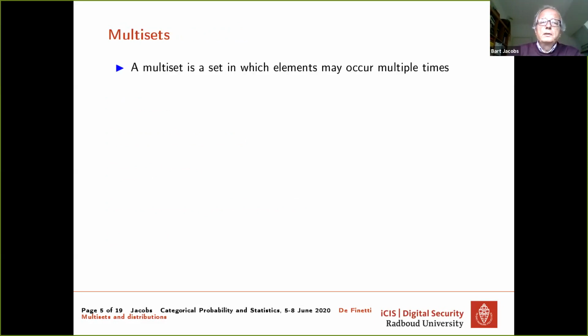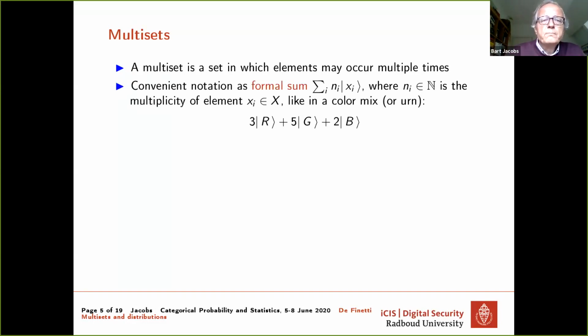Multiset. So a multiset, sometimes called a bag in computer science, is a set in which elements may occur multiple times. And I'll use a formal sum notation for multisets. I will only look at finite multisets, so with finitely many elements.